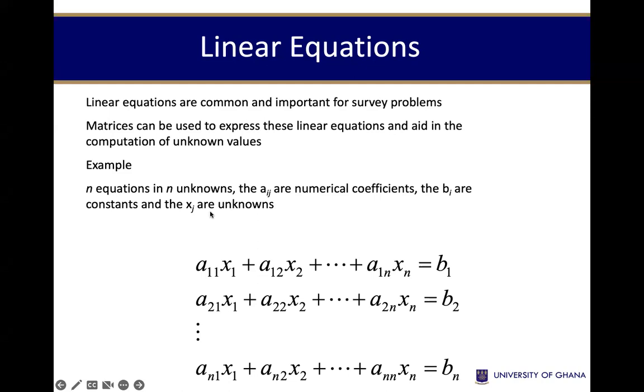given these n equations with n unknowns, where equation 1 is a11 x1 plus a12 x2, all the way to a1n xn equal to b1, and we have the variables x1, x2, all the way to xn. Now, the xi's are the unknowns, and the bi's are the various constants for each of the respective